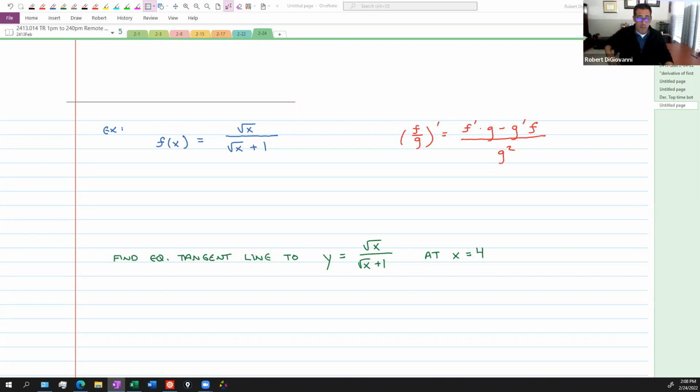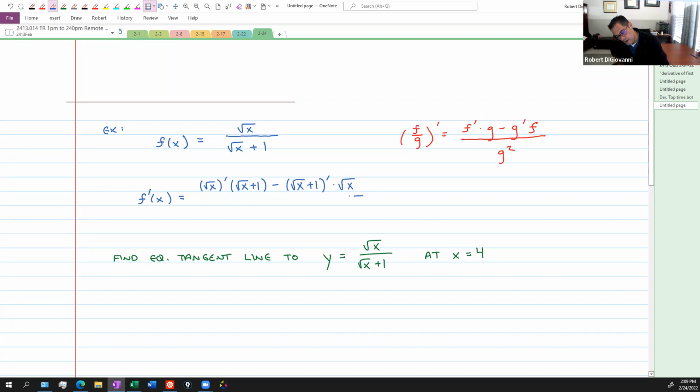Okay, I think that's probably enough time to get the derivative. So let's see here. F prime of x, I'm going to write it symbolically first. I need to take the derivative of the top times the bottom, minus the derivative of the bottom times the top, all over the bottom